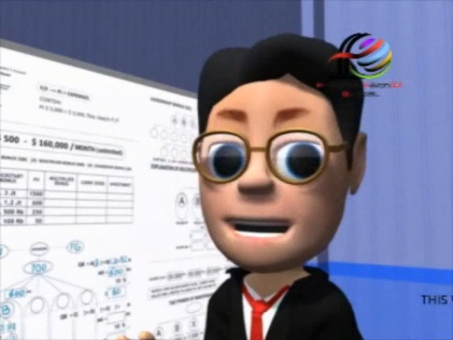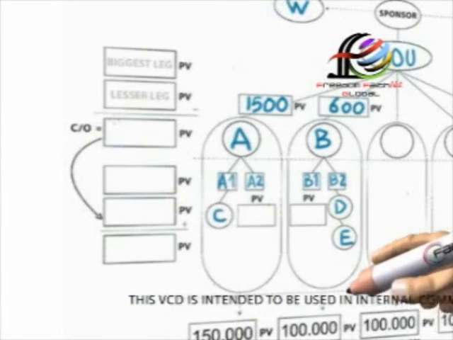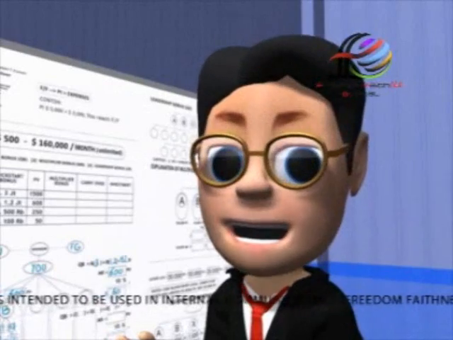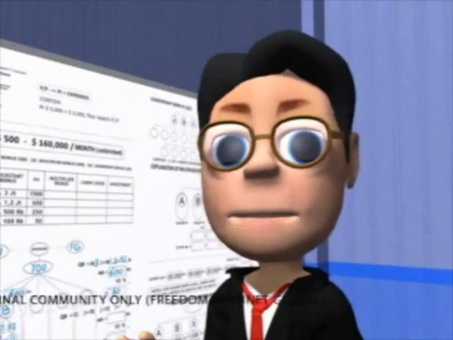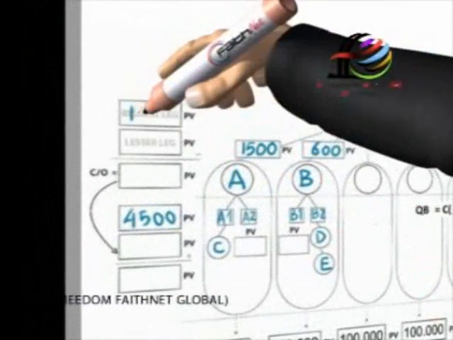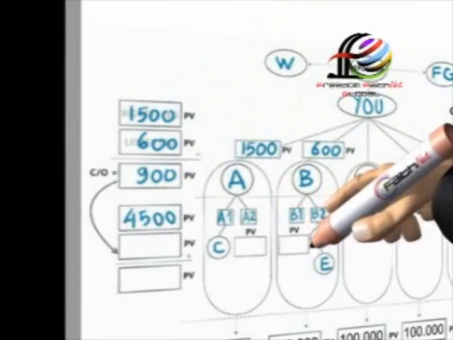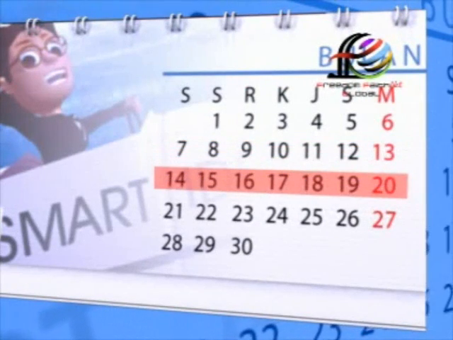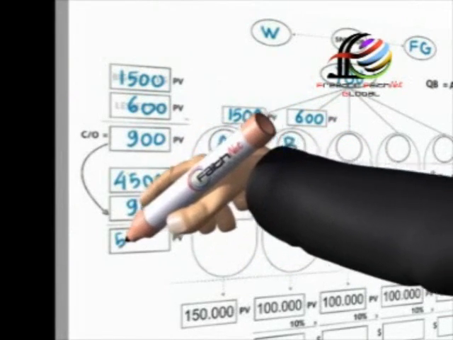We can calculate from the example here. In Group A there are 3 transactions. We multiply it with 1,500 PV, which means there is 4,500 PV. But remember, last week you still had an unaccounted PV or bonus that hasn't been calculated. With this example, you have 1,500 PV on A minus 600 PV on B equals 900 PV that you will carry over to the following week, which is 4,500 PV, making the total of the week to be 5,400 PV